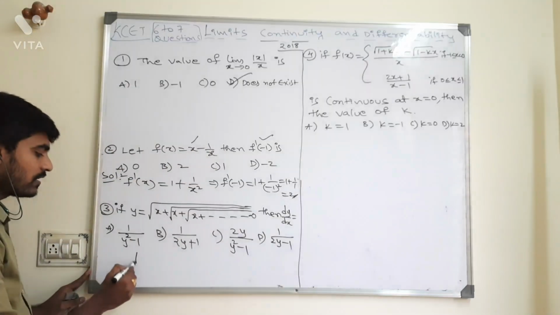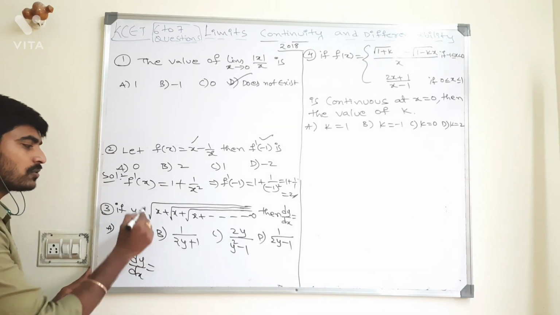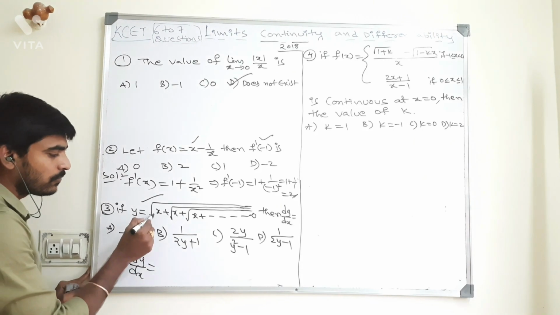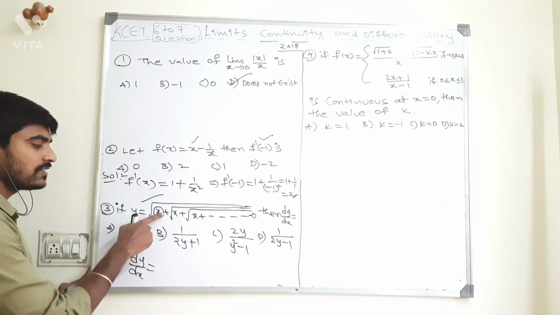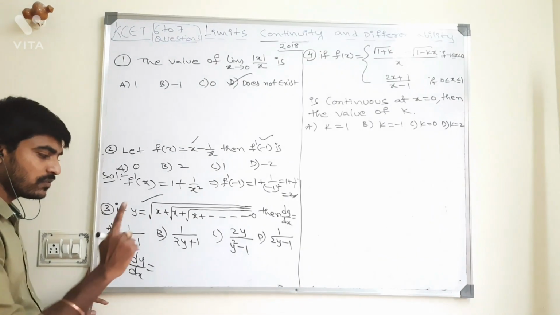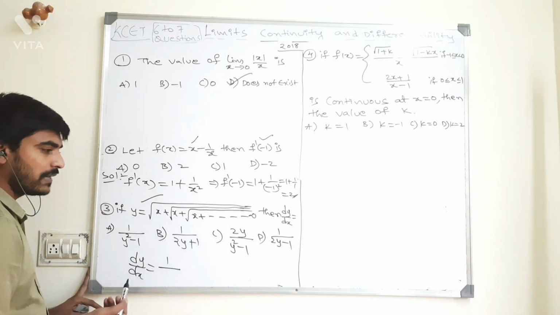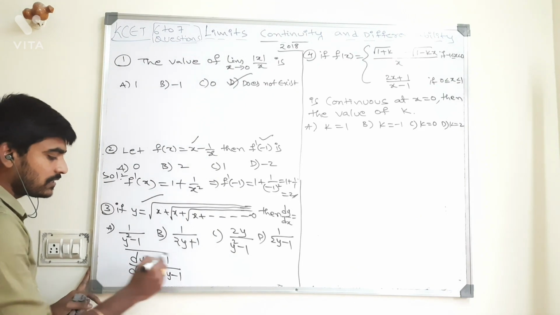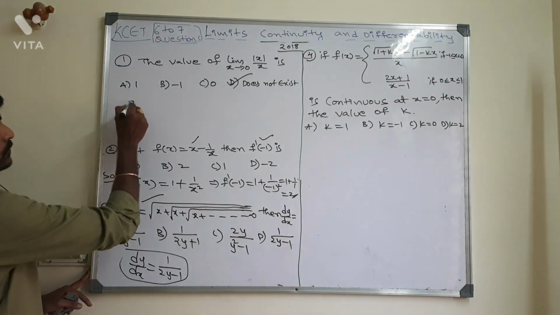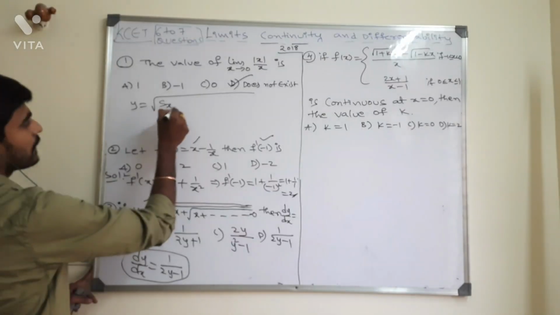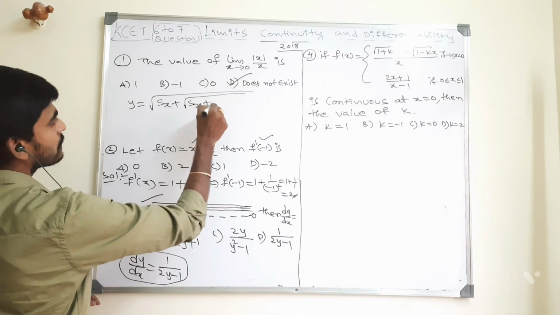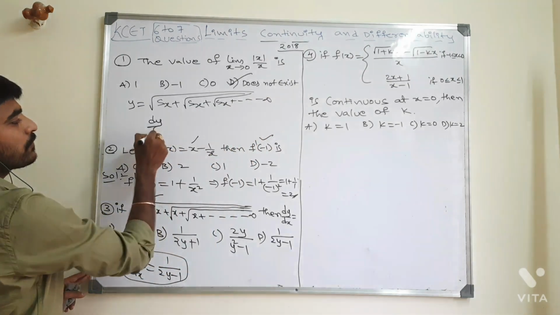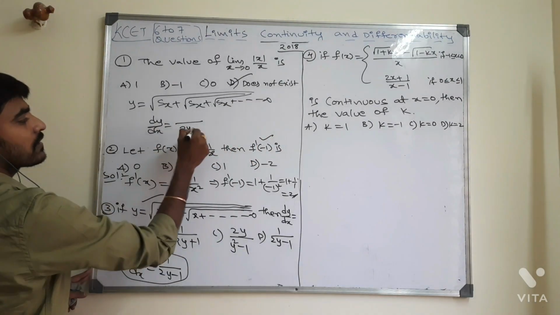This is also very easy. What is dy by dx? When they give a question like this, maybe you all will feel it is tough. Nothing is there to feel tough. What is the derivative of x? It is 1. So 1 divided by 2y minus 1. Sir, that much easy? Yes. I will give you one more question. y is equal to sin x plus square root of sin x plus square root of sin x plus and so on up to infinity. Then what is dy by dx?